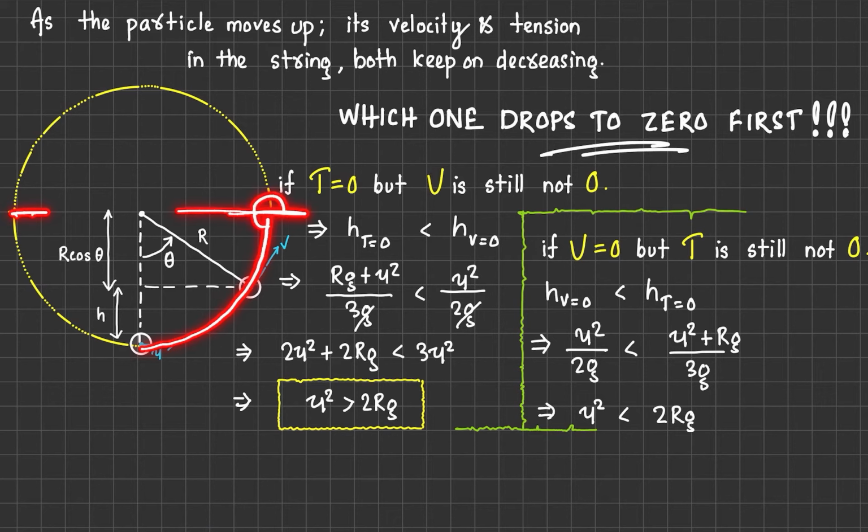The horizontal extreme, this position up to this point, the particle can travel with velocity root 2gh. So hence, from here we mean that if the velocity is greater than root 2gh, that means the particle will cross the horizontal position, the horizontal extreme, and move up, then there is a chance that tension will be 0 before velocity. Maybe none of them will be 0, that is also a possibility if the velocity is even more than root over of 5gr.